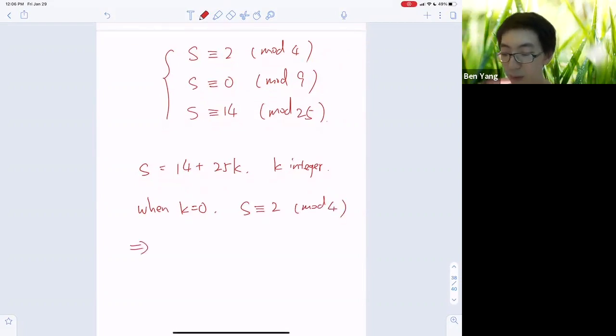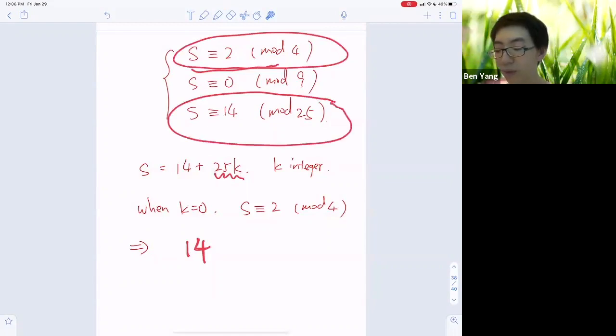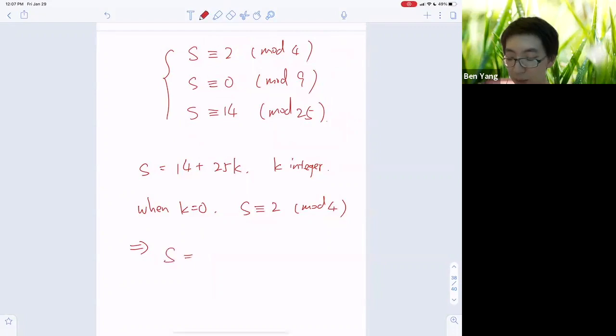That means the number 14, when K is equal to 0, satisfies both the first linear congruence equation and the third congruence equation. So we can write it as 14 plus a multiple of 100. So this 100